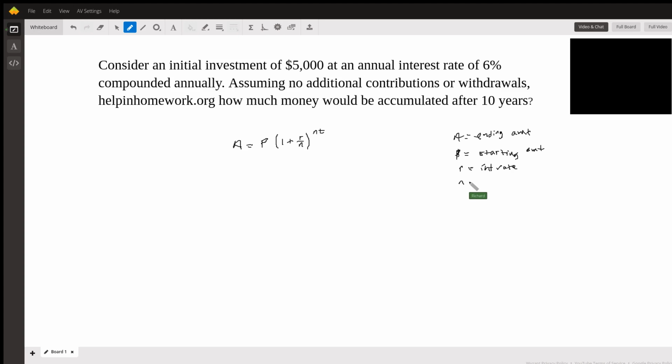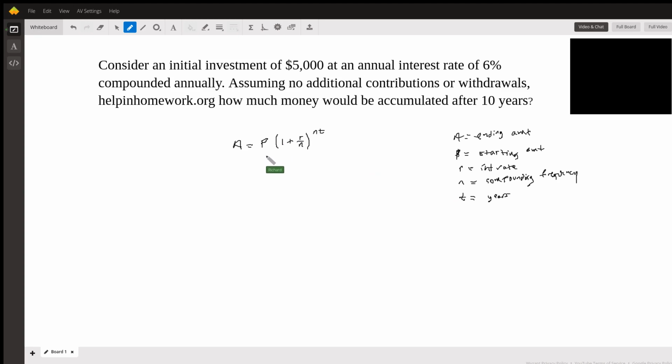N is the number of times per year it compounds, so the compounding frequency. And T is the number of years that go by. Sometimes T is not years. Sometimes you have to adjust it. I'm not going to get into all those little situations here. We're just going to go with the standard vanilla